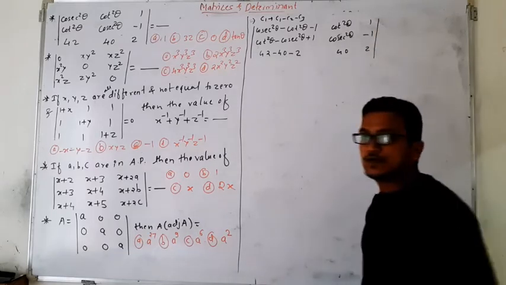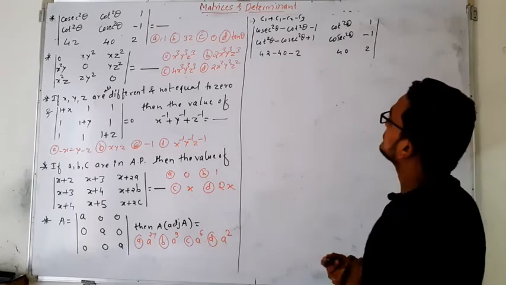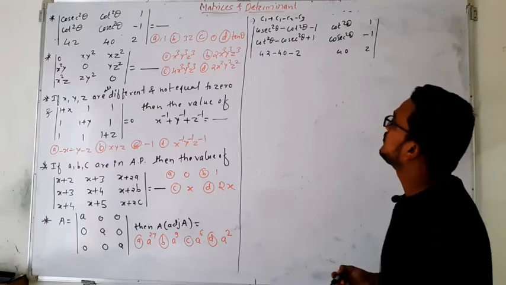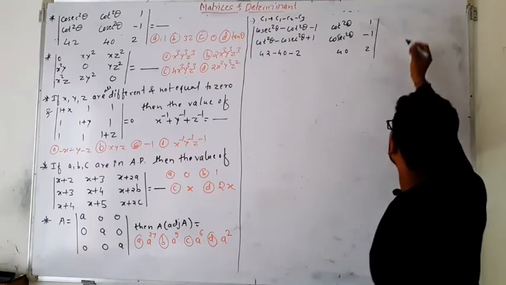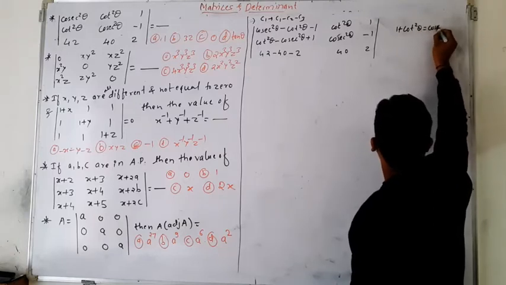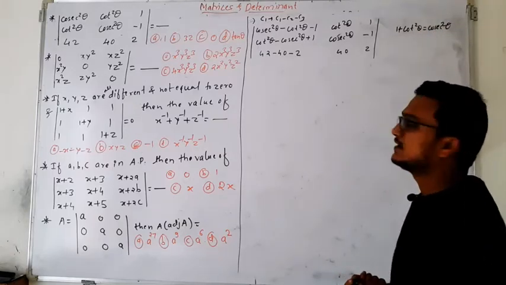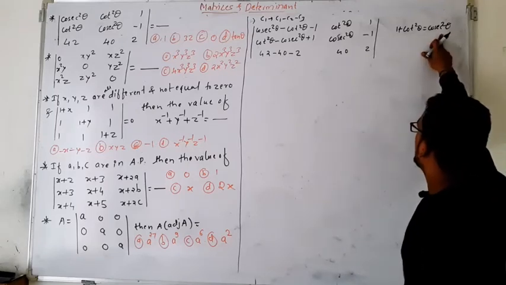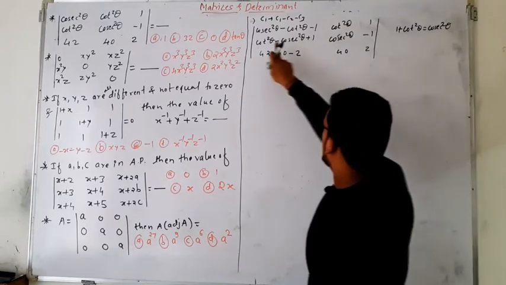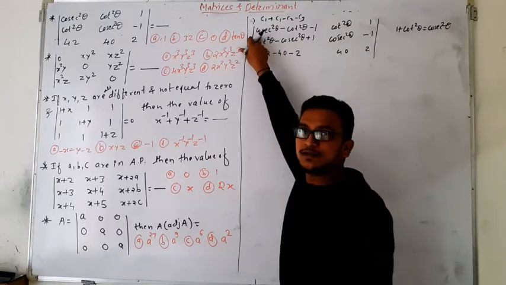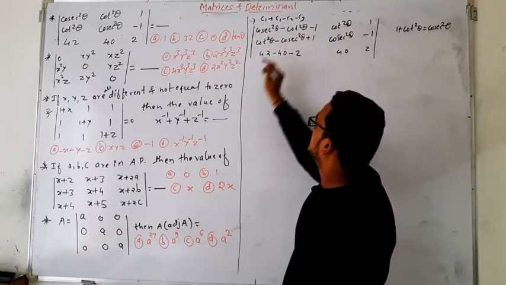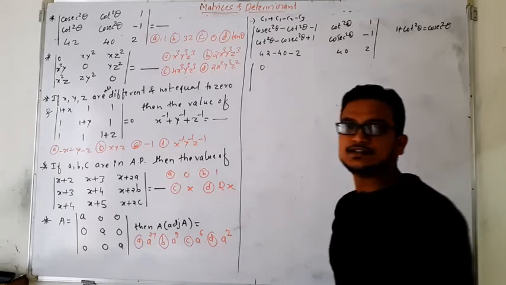Okay. Now if you observe the first term, cosec square theta minus cot square theta minus 1 is there, right? We can put one of the identities in that. Which one is it? 1 plus cot square theta is equal to what? Cosec square theta. Means we can replace cosec square theta with what? 1 plus cot square theta, right? So now see here, cosec square theta is there. If I replace this with 1 plus cot square theta, then 1 plus cot square and this minus cot square minus 1 will get cancelled. You will get the answer 0.